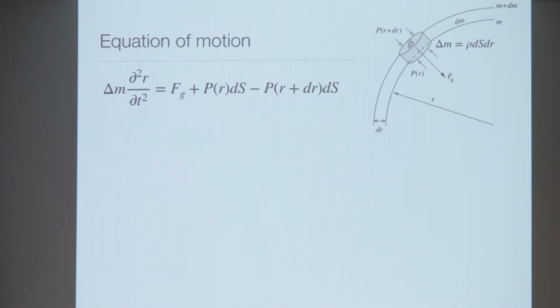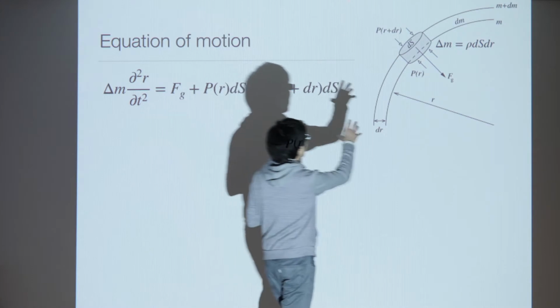And so that was the kind of very easy one. And then there's an equation of motion, which we can write in this way. So this is the acceleration term, and there should be a force governing this system. So in this picture, there's a mass shell, and suppose there's some small cube,